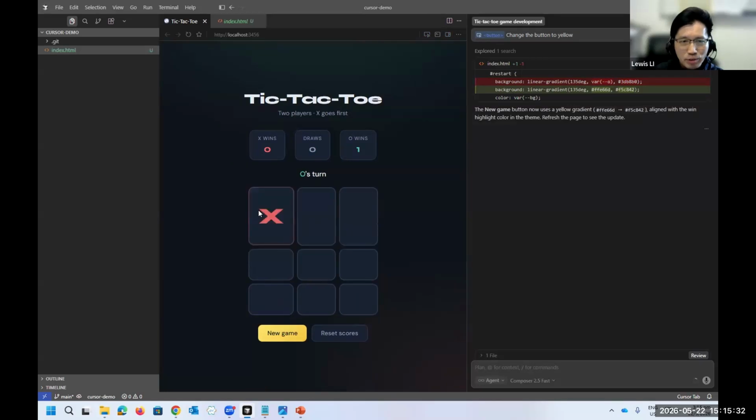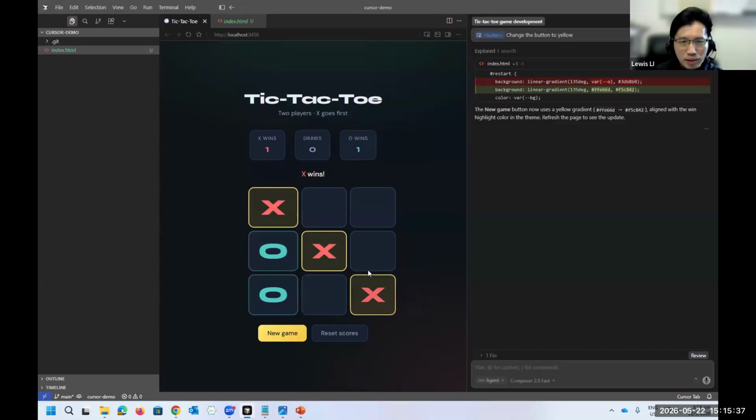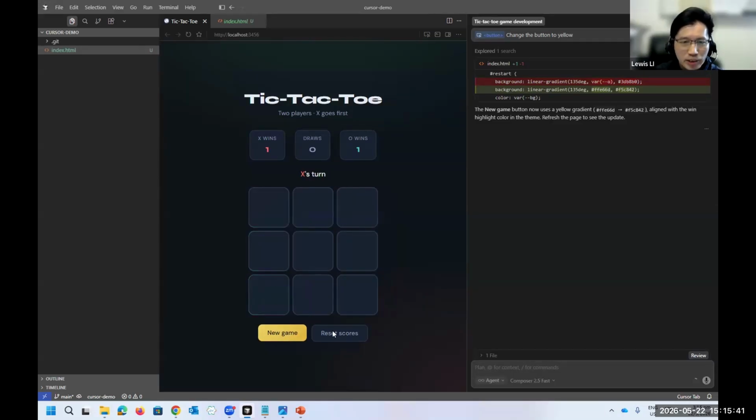You can still play the game, and click here to start a new game. So it's very easy for you to change the coding. You don't need to edit the code; you just work with the interface here, and then you will be able to change every element in the output.